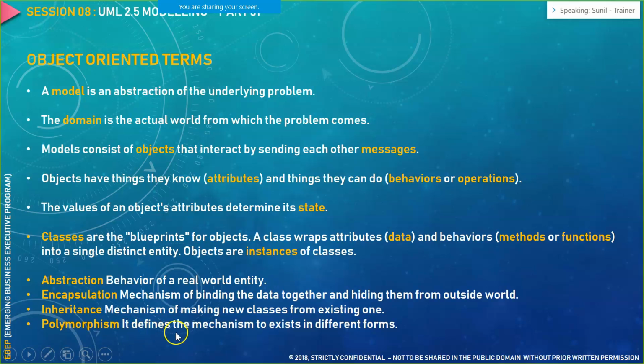Polymorphism defines the mechanism to exist in different forms. Different forms as in, for example, I create a particular course for business analysis. Then I would be creating the same thing. Let's say I want to create a specialized program for a particular area. For example, I want to create a specialized program for business analysis. So I would essentially be using the course class, but instead I would be giving it a name as specialized program. So to the system, it's a course. Even the specialized programs are also courses, and the regular vanilla courses are also courses.